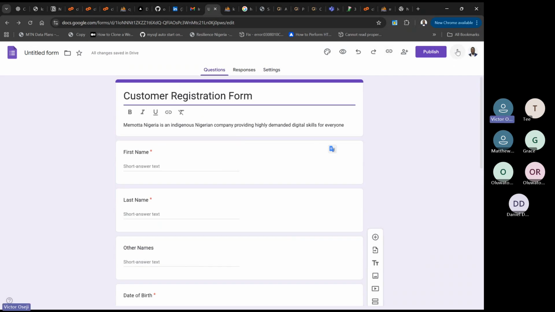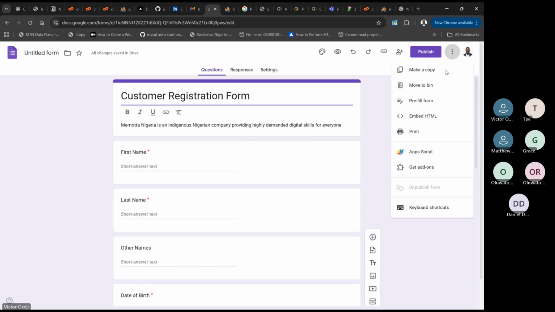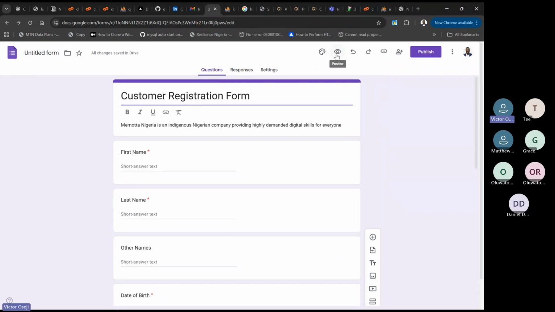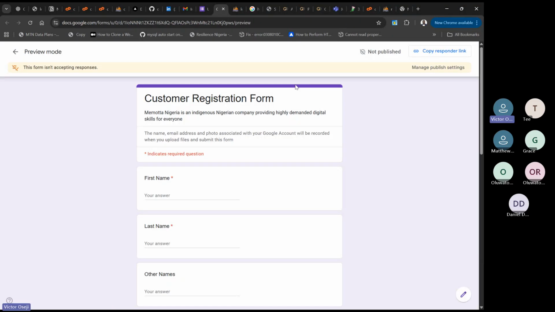Let's see how it looks. Okay, so to see how it looks, we're going to click on the preview icon, right? We click on the preview icon. Now,